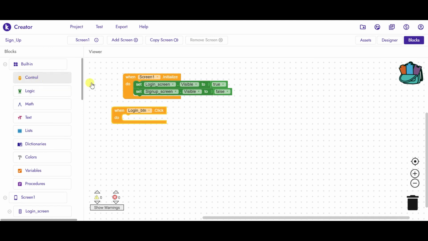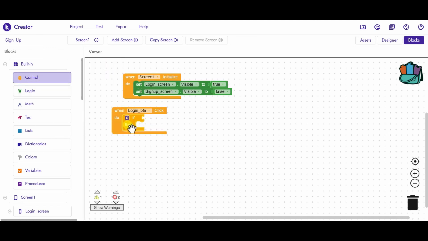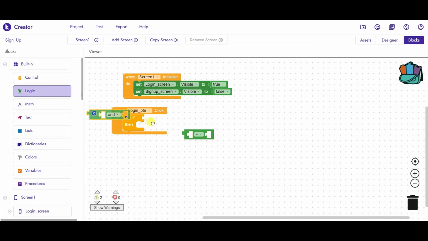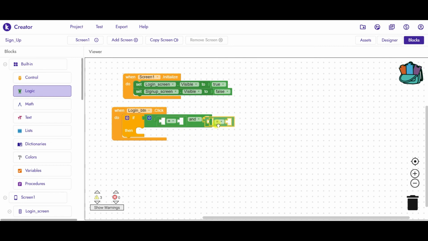So the condition is that if, now go to logic and take the equal to block, and just remove this, take one AND block, just copy this equals to block and paste it on both sides of the AND operator. Now go to text and you find an option of is empty, just drag that.